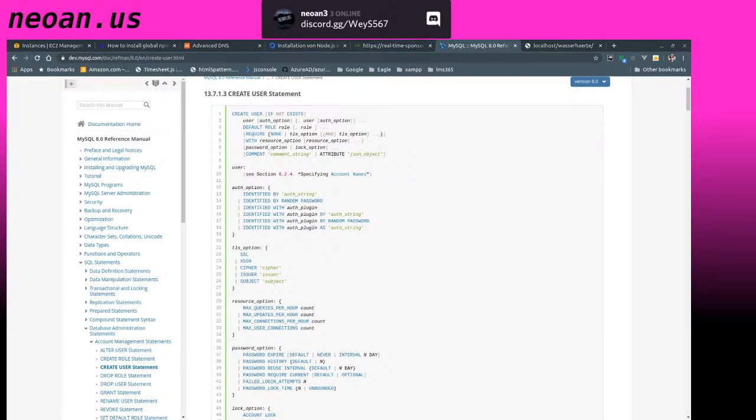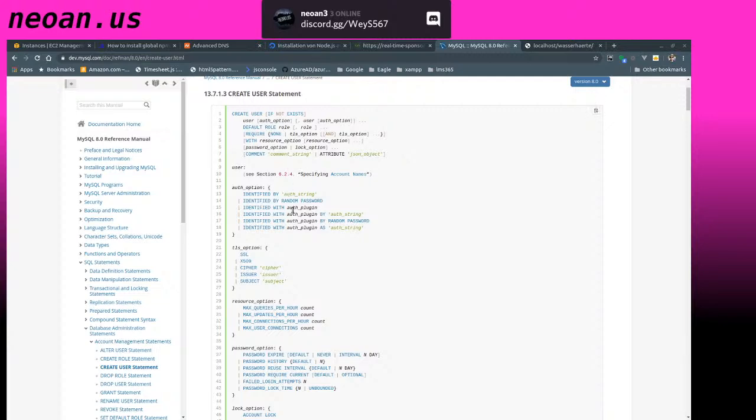Okay, this is a little bit... I wish I would find a different example, but it doesn't matter. So what I'm writing is create user and then the username. In that case, I'm going to call this water at localhost, and then I say identified by, and then